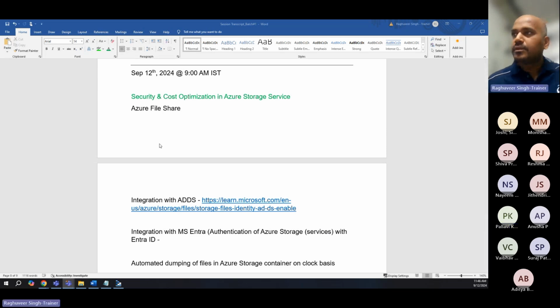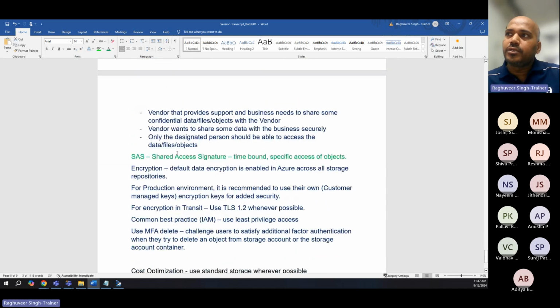Yes, Raghu. Okay, so we are done with security and cost optimization in Azure Storage Service. And I have actually covered more than what was expected in this training session from cost and security perspective when it comes to Azure Storage. Next is Azure File Share. So as I talked about Azure File Share,